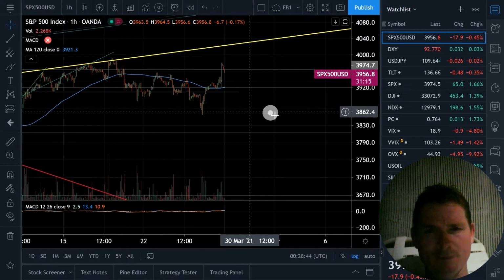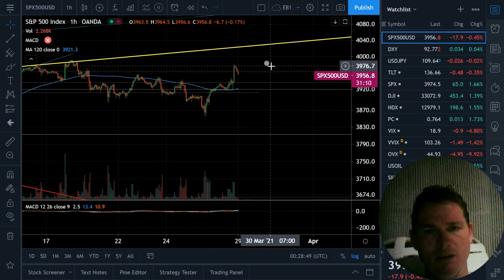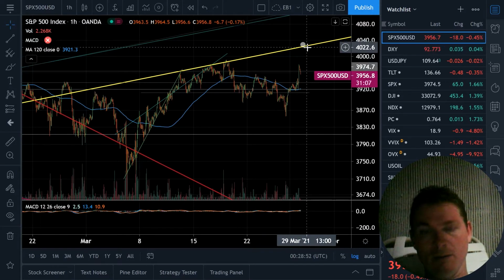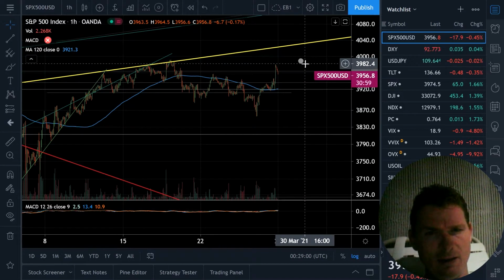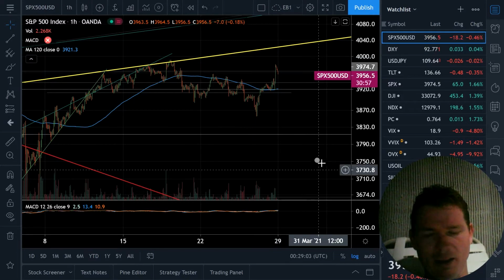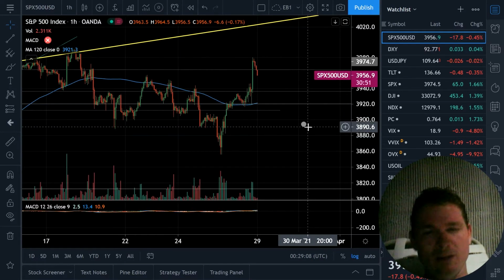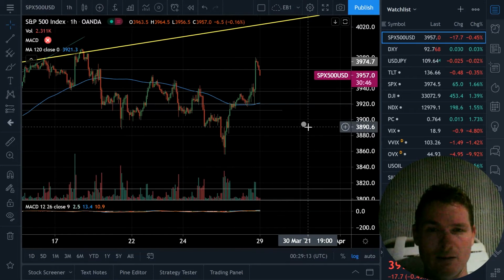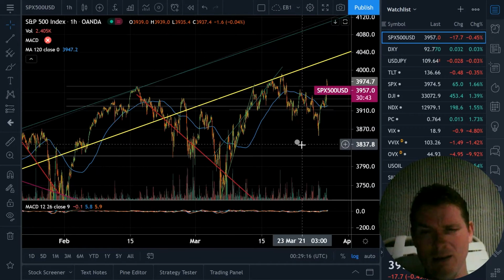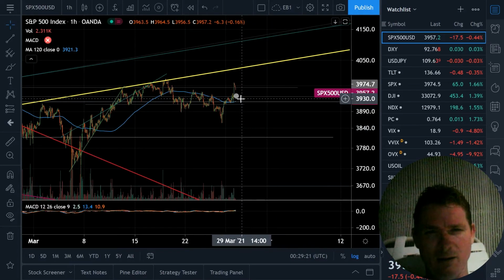We got this huge green candle into close, and it looks like it wanted to get up here and back test this channel again at all-time highs. It would be back testing at all-time highs, but it looks like it didn't quite make it to the highs, and it looks like it's crying red crayons. Oh no. So man, where's this thing gonna be in the morning? That may be where we start a down move, right there off of that peak,